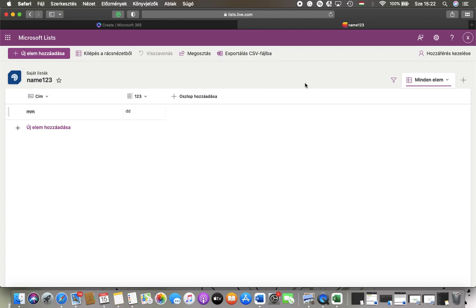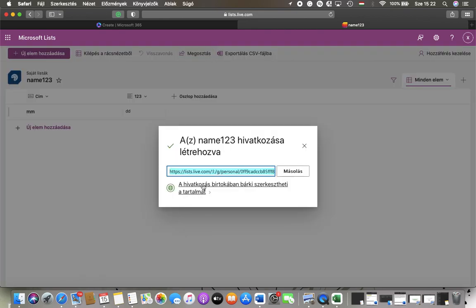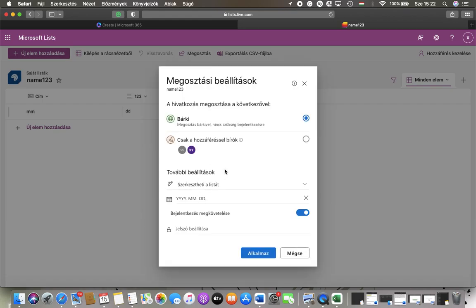First of all, open the website and create your document, and when you are done, you should go to your home page and tap on this share button at the top of the screen in the middle. Then, once it is loaded, you should tap on this button below the link, and here at the top of the screen or at the top of this section you can select